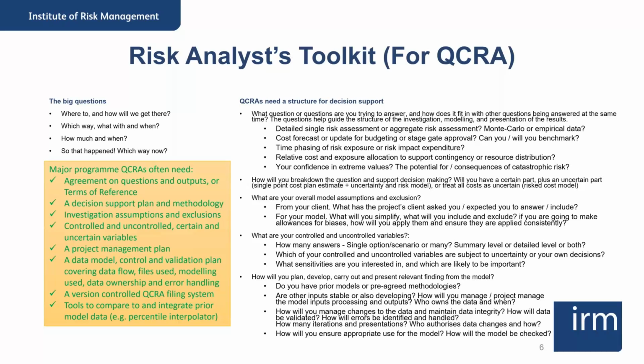We need to know what's in terms of sensitivity, what our controlled variables are, that we're reasonably comfortable with but want to look at in maybe three or four different values. But what are our uncontrolled ones where we're uncertain? It may also be that some of those controlled variables are uncertain as well, but we choose to leave them as a fixed point estimate, a single point assumption, that we then communicate to our client is a limitation of what we have.